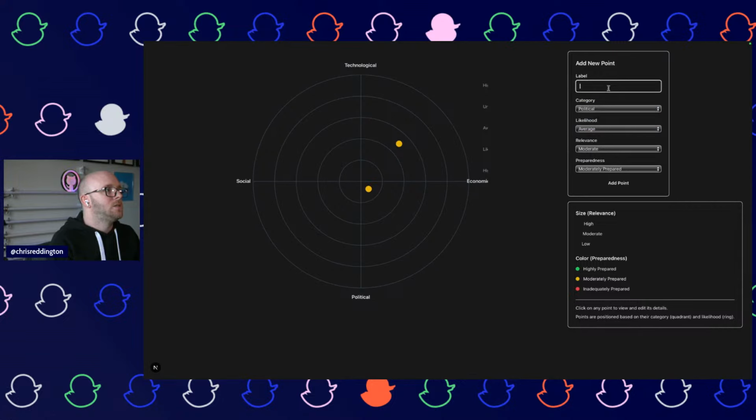Political should be very unlikely, so the lowest. Let's say it's very likely in preparedness. Here we go. Yeah, so you can kind of see that's working. There's just a few maybe kind of gotchas to go and work on. But yeah, I think we got a good MVP. This is pretty cool.